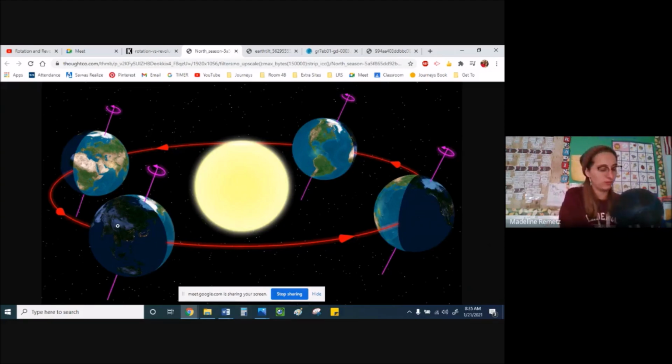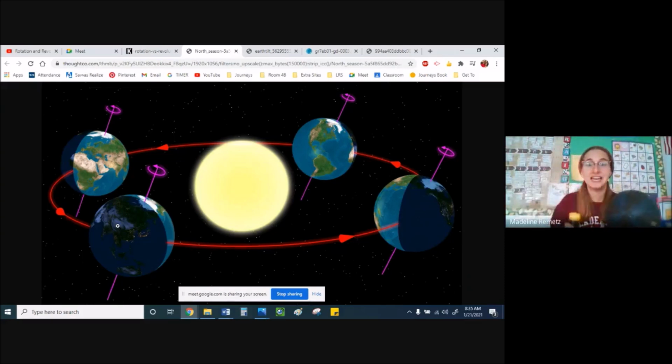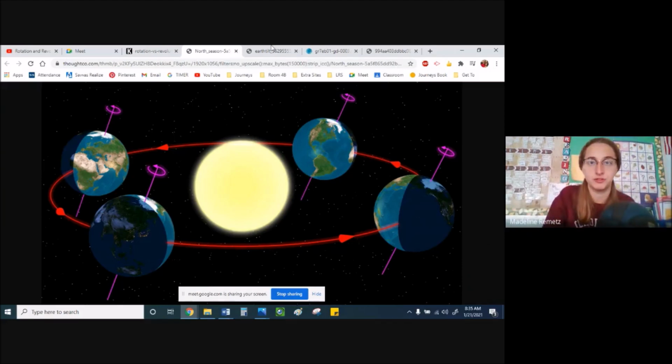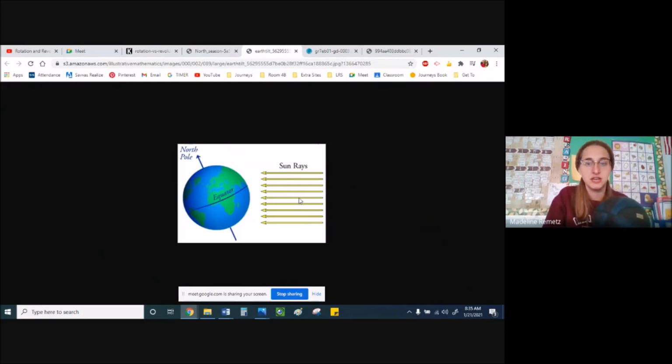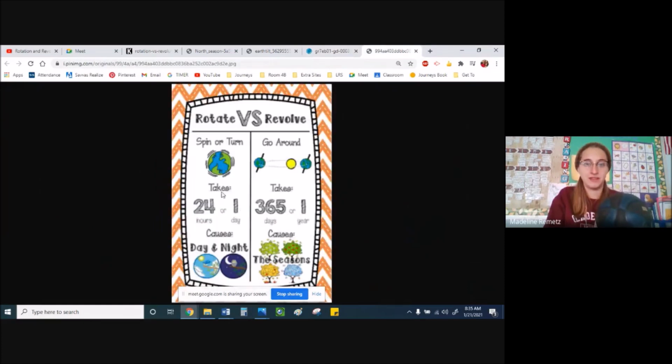And that's because we're facing the sunlight to get that shining for our daytime. But when we're not facing it, it's dark where we are. And that's because we're just facing space. Sometimes there's some light coming from the moon if the sun shines on it. But mostly we're only getting light when we're facing the sun. And that's why we have day and nighttime, because we're rotating. Whereas revolving around the sun takes a whole year, and that's what gives us our seasons.